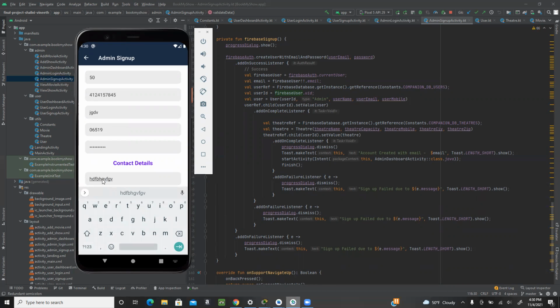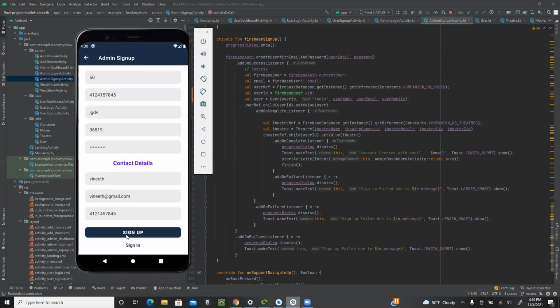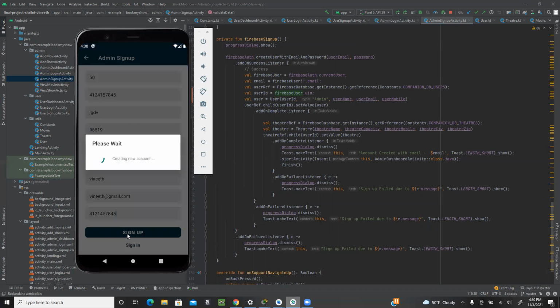I'm giving the name, email ID, and mobile number. These details have been given, and I'm clicking on sign up.